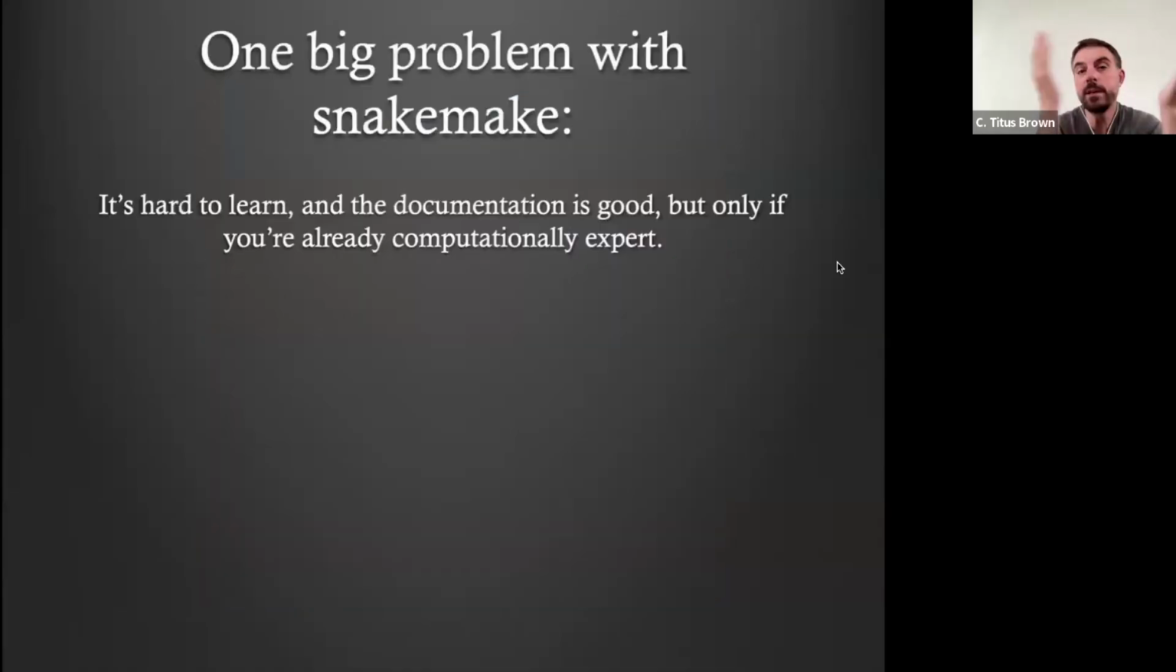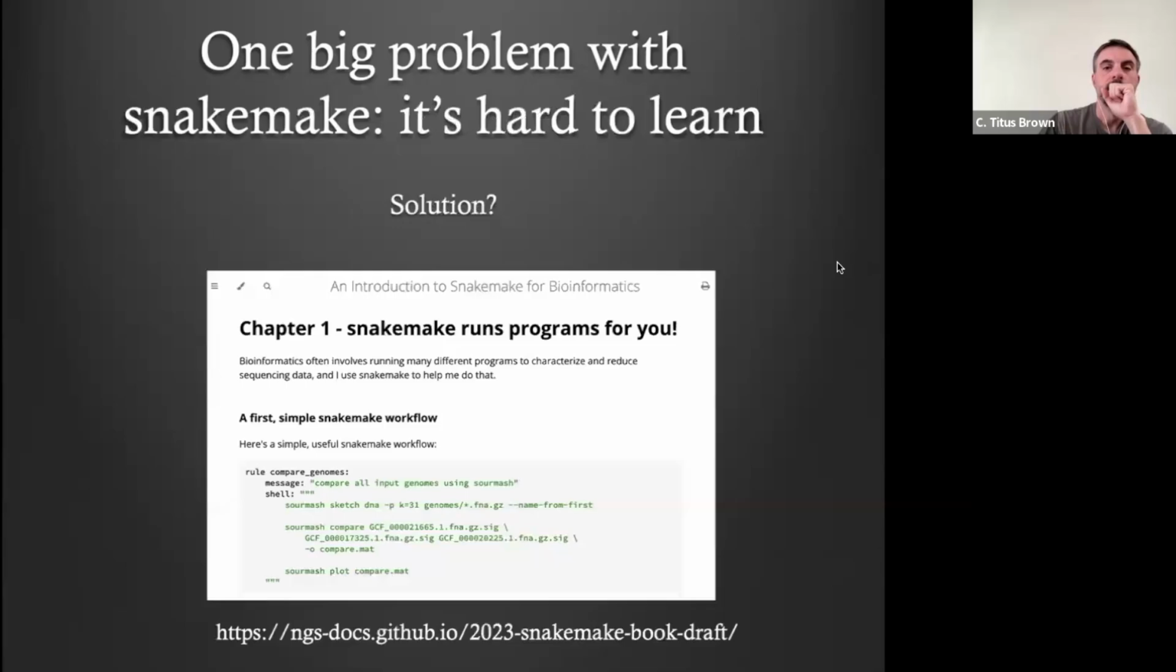Okay, so one really big problem with SnakeMake is that, frankly, it's hard to learn. And the documentation is pretty good, but you already have to be computationally expert in order to understand how you want to use all the snake syntax. So one solution, I'm not going to call this a solution,